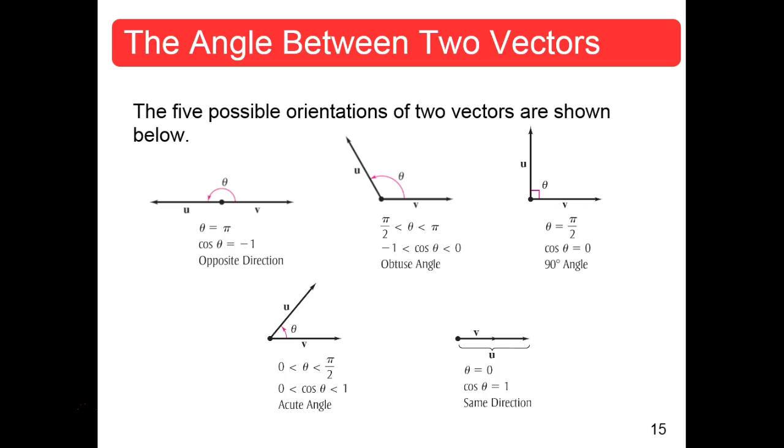So here are five possible orientations of two vectors shown here. And again, I mentioned this before. If v and u have the same initial point, and one's going exactly the opposite direction of the other, then your theta is pi, and the cosine of theta is -1. So that means these two vectors are going in exactly the opposite direction. The dot product is going